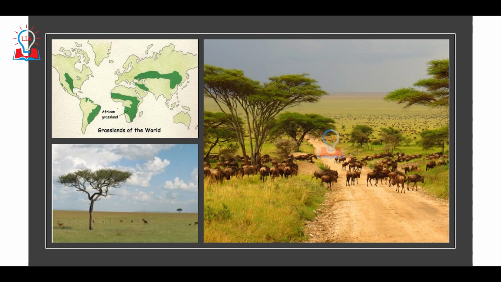If you take a look at the major grassland regions of the world, the savanna is a region of grassland which is largely found in Africa. Then in North America, we have the prairie grasslands. In the Eurasian region, we have the steppes grassland. Then in South America we also have the Pampas, Llanos, and Campos grasslands. And as you can see, this area is largely covered by grasses, and here and there you can see a few trees growing wherever the availability of water is quite high, and the area is continuously being grazed upon by a large number of different types of